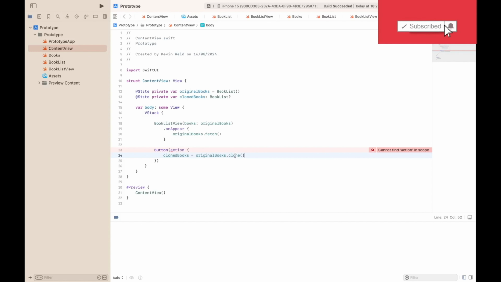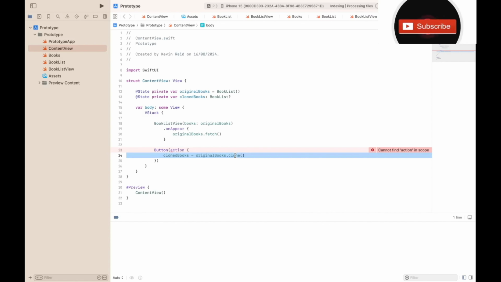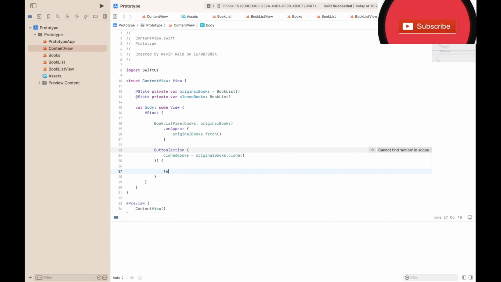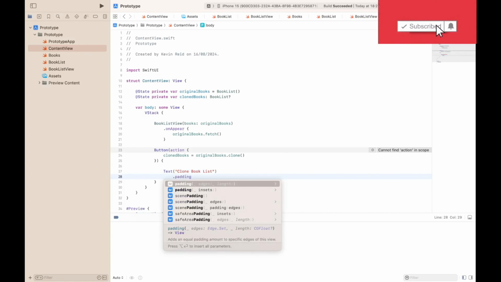As you can see, the clone method is the actual function that does the copying. Clone book list for the caption, for the text element,